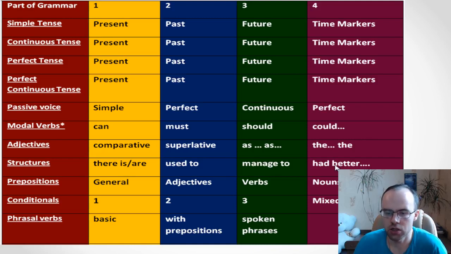It's a lot. So you need to understand that English grammar isn't only about tenses, isn't only about passive voice, modal verbs, not only this. There are really lots of English grammar structures you need to know, and you see just some examples of it. You should also pay attention to prepositions,